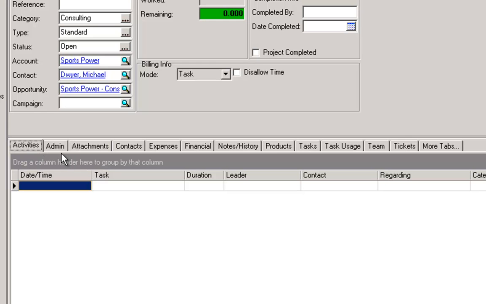Across the bottom of each project are the tabs for activities, administration, attachments, contacts at the customer's site, expenses, real-time financial data, notes history, products if they were part of the opportunity, tasks, which is the work to be performed, task usage, which is the detail of all the work that has actually been performed, the team or resources, the people who have been assigned to work on this project, and tickets from technical support or customer service that are